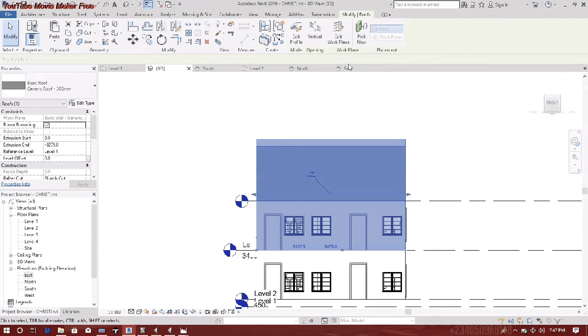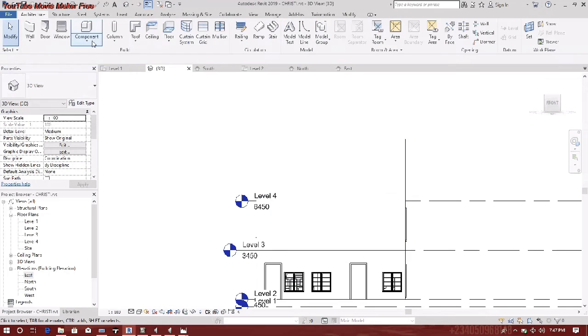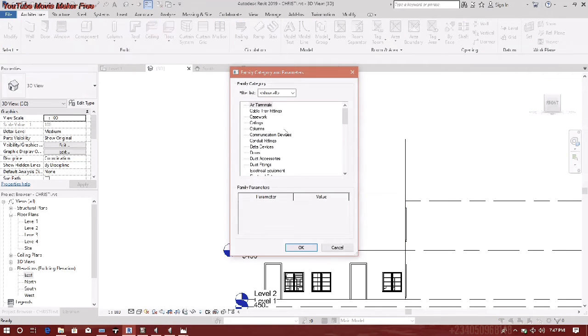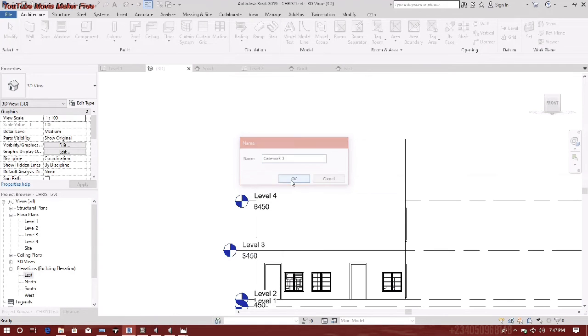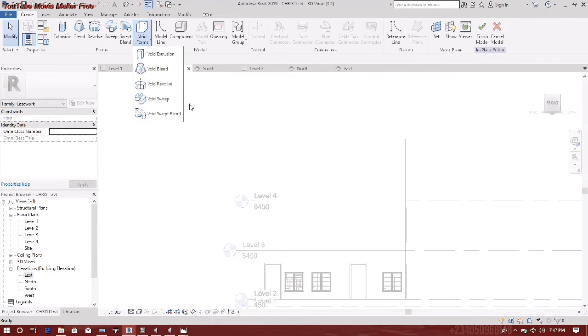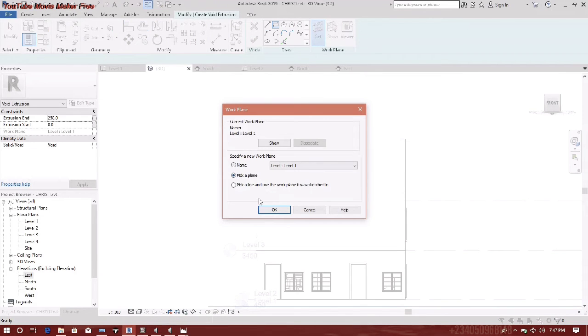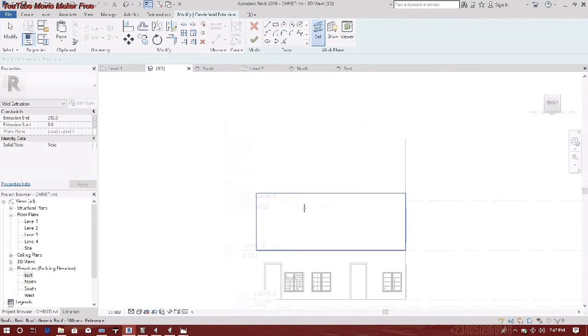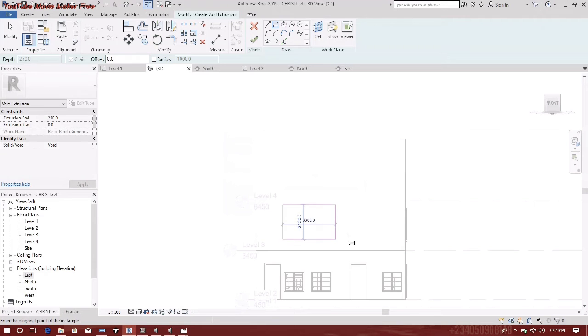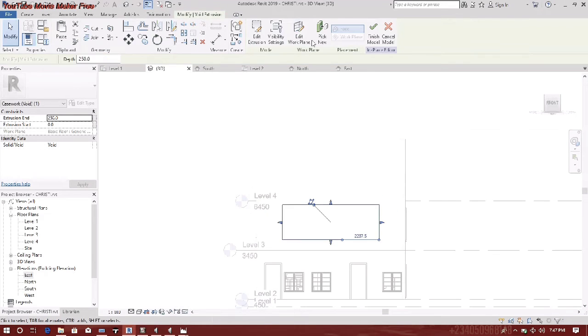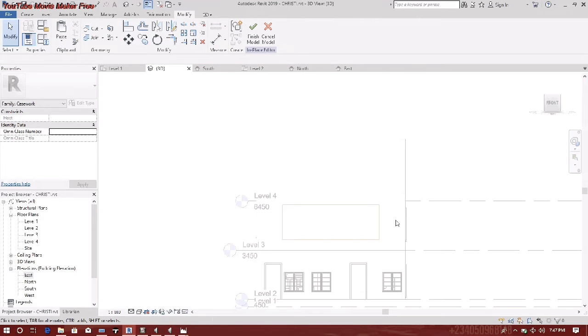Now select this, go to model in place, casework model in place, then casework 3, go to void extrusion, then set your work plane. When you see that restriction, just try to set your work plane, so just draw it here, then go to 3D,